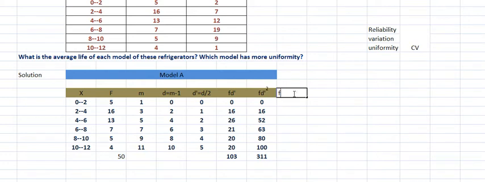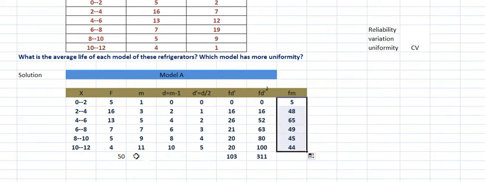Then we need one more piece of information, that is FM for the mean. So F into M: 5 into 1 is 5. Clear? Now we need to find 5 into 3, like that you find the remaining. Next, 16 into 3, how much? 48. So like that you continue. 4 into 11 is 44. So the total of this one is 256. I hope that these entire things are clear.